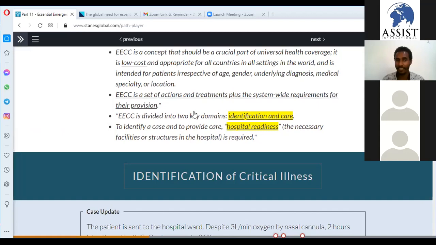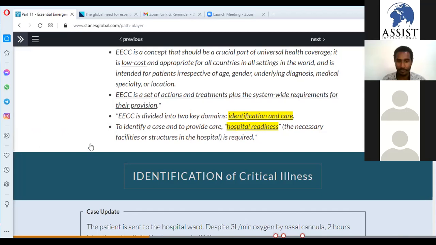So it has mainly two domains, as you can see from your screen. The first is identification of critically ill patients, and caring for those critically ill patients is what constitutes the essential emergency critical care